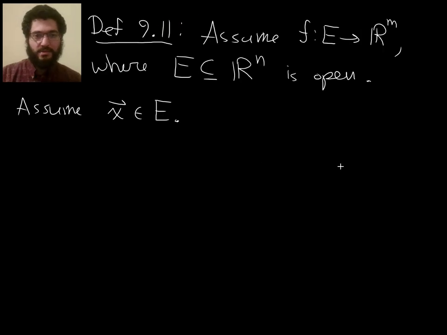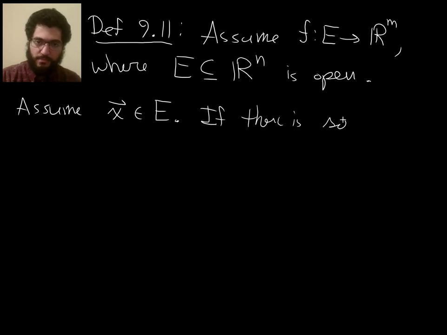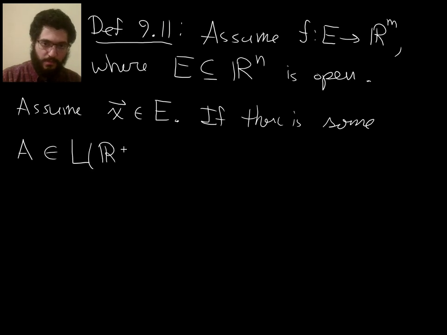Okay, let's officially write down the definition of derivative. And this is going to be definition 9.11. All references are from Baby Rudin. So here's the setup. Assume you have a function from an open subset of Rn to Rm, and the domain is an open set, and assume you have a point in the domain. So this is the setup to talk about a derivative. Then what's the derivative of f at x? So if there is some A, some linear map A from Rn to Rm,